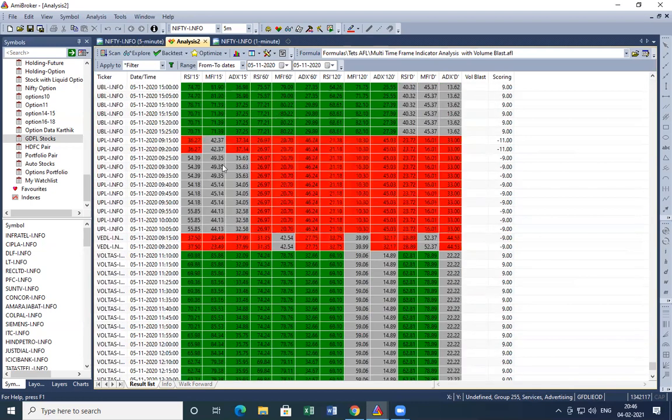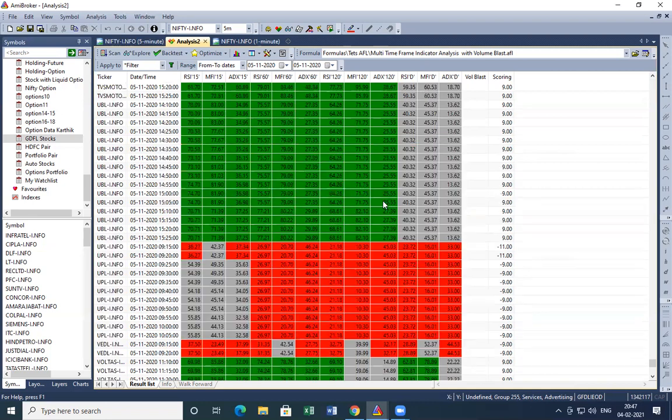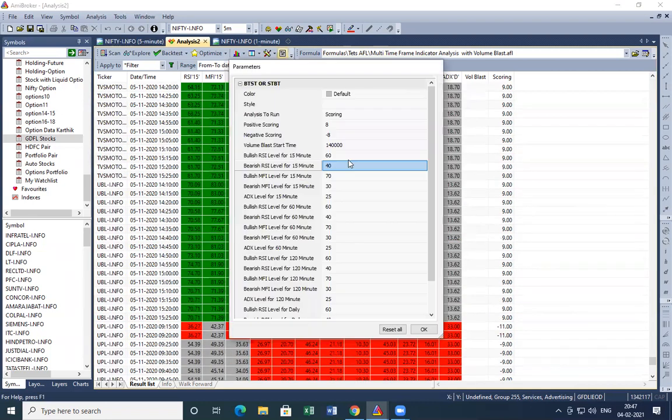Here in UPL, you can see that at 9:15, 11 conditions are matched. Only this MFI 15 was not matching. Right? I can also change this scoring here. Let's say I want to filter only those stocks where a minimum of 10 conditions are matched, more than 10. So more than 10 or less than -10.